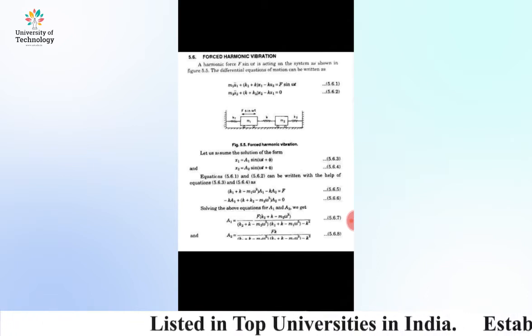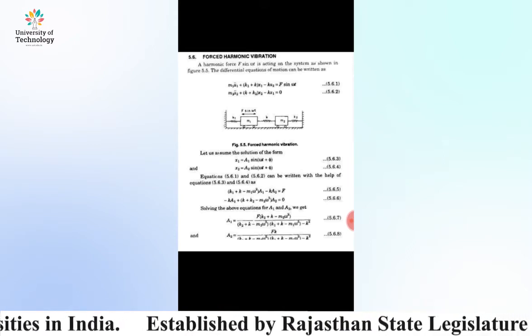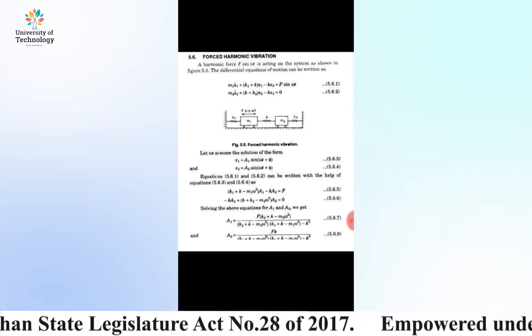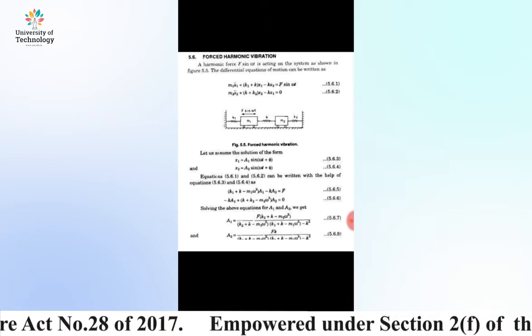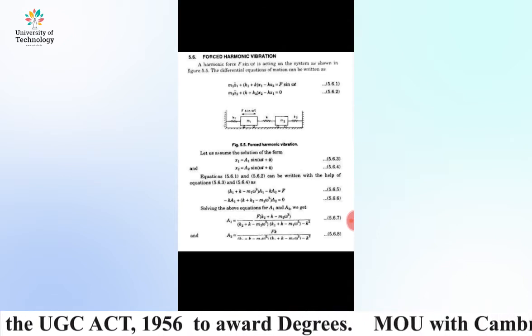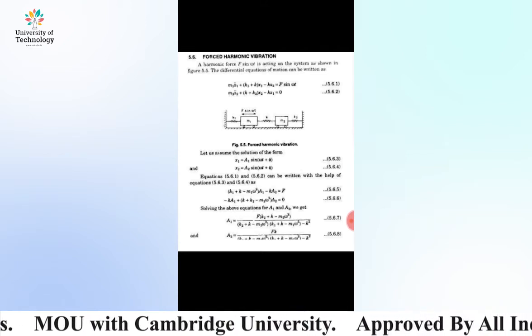If we differentiate this equation for x1 and x2, we get x1 dot and x1 double dot, x2 dot and x2 double dot, that is, the velocity and acceleration. If we put these values in equations 5.6.1 and 5.6.2,